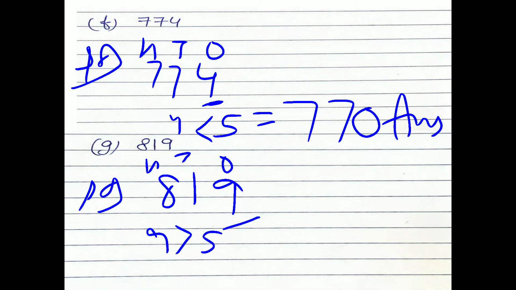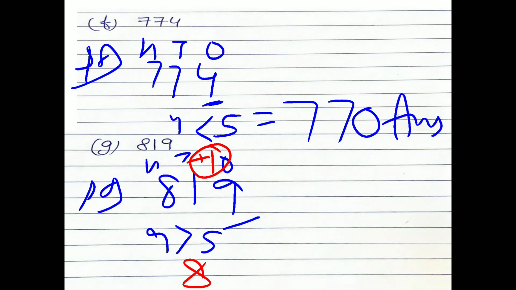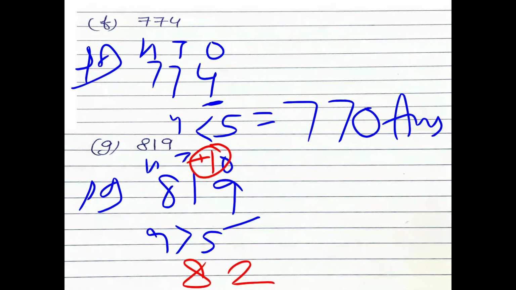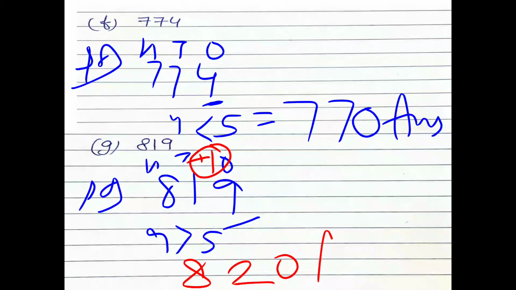You will add 1 on the tens place. So 8, which is on the 100 place, will come as it is, and the tens place number becomes 1 plus 1 is 2. And this 9, which is the underlined digit at the ones place, will become 0. So this is the answer. Clear? Now we do H part.